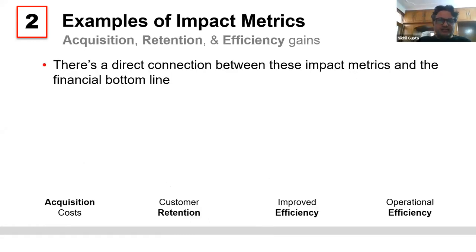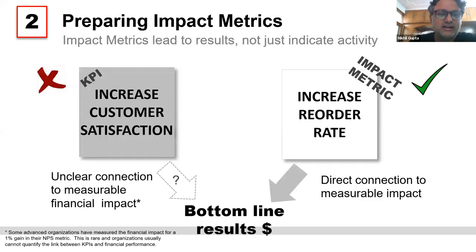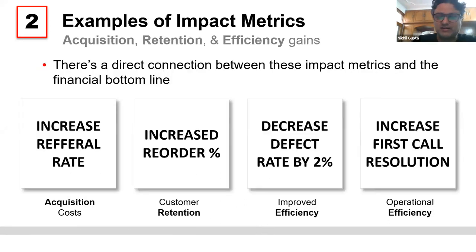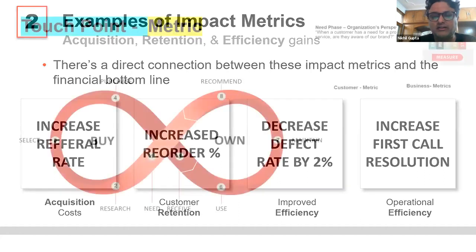So let's go to an e-commerce example. It could be repeat order rate, reduction in wrong order defects, or increase in first call resolution. That means operational efficiency: when the first call comes, it should get resolution at that moment. If your interaction speed is not designed, you cannot do that. Increase referral rate, are there things like that? So